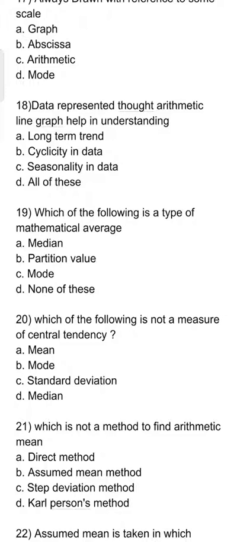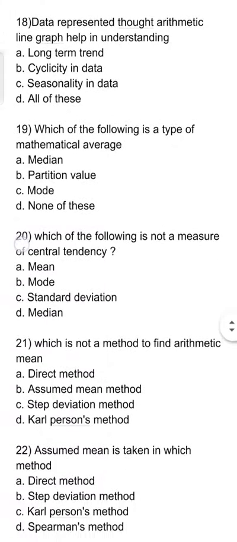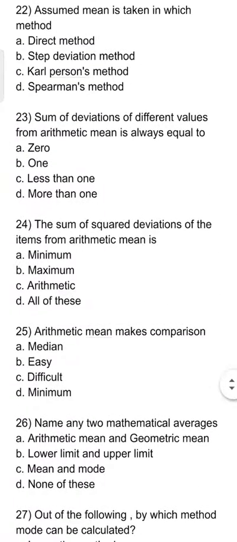A direct method, B assumed mean method, C step deviation method, और D Karl Pearson's method। तो इसका आंसर है Karl Pearson's method। Next, assumed mean is taken in which method? A direct method, B step deviation method, C Karl Pearson's method, या D Spearman's method। तो इसका आंसर है B, step deviation method।